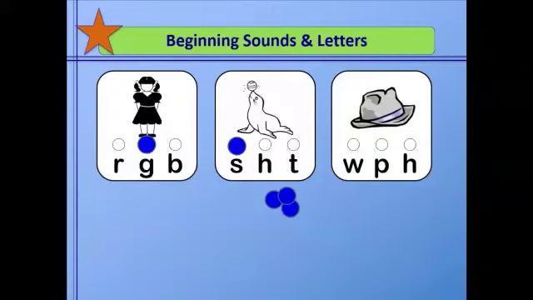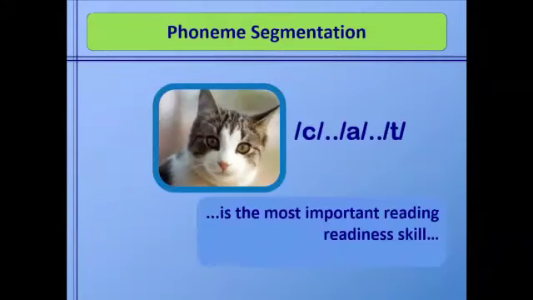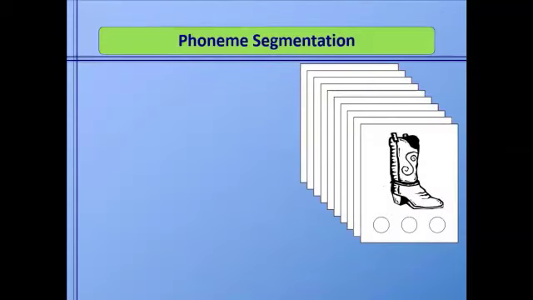Now let's talk about decoding. Phoneme segmentation is the most important reading readiness skill. It's the most important reading skill of everything. I cannot emphasize it enough. Phoneme segmentation is what breaks open the door for children who are struggling, and it allows those young children who are going to be learning how to decode to go through the door, and we'll see how that works. So we need to have children who can look at boot and say b, oo, t,